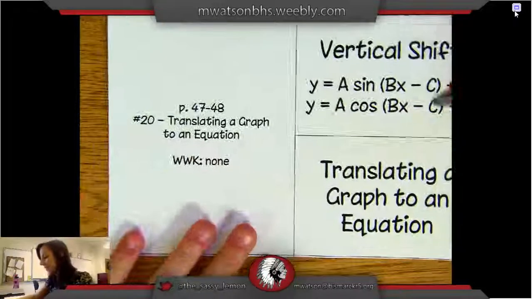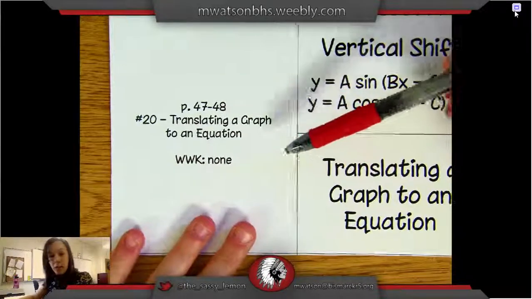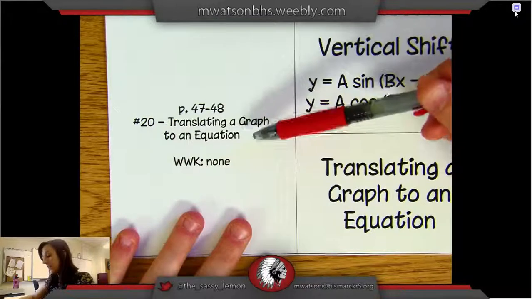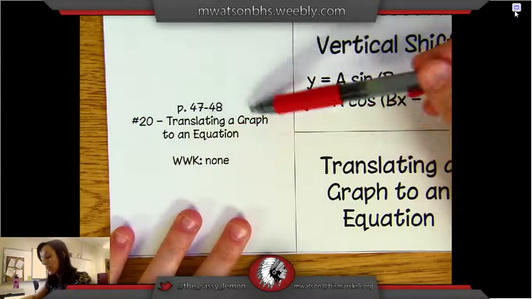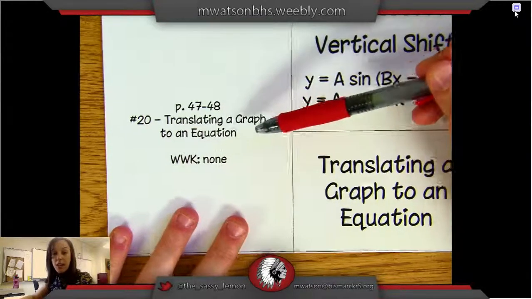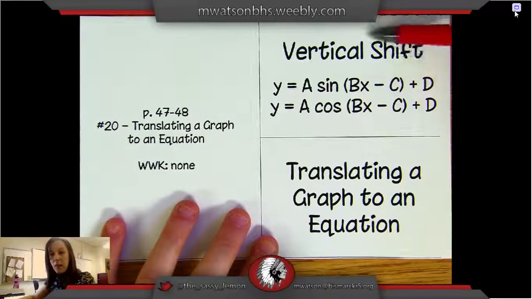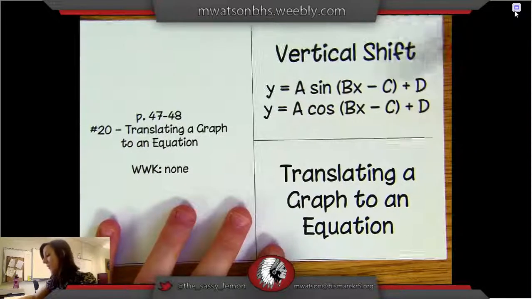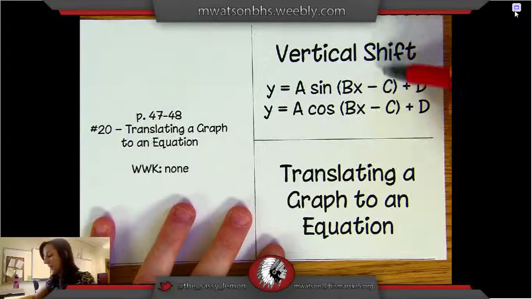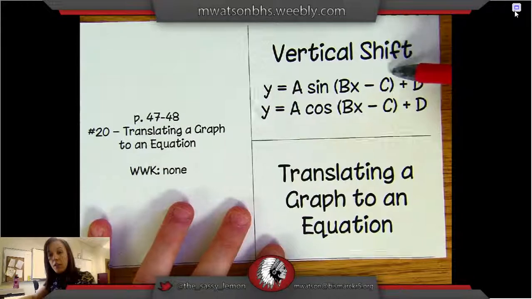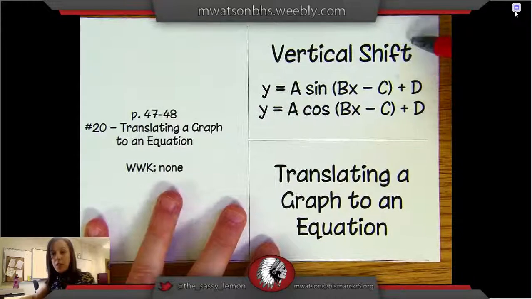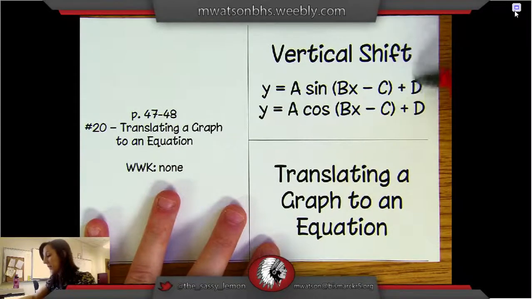Class, so today we're going to be working on our last lesson before the quarterfinal, and the title of this is Translating a Graph to an Equation. But that's actually the second tab here. The first tab is all about vertical shift. So we learned about horizontal shift, and that involves the C value here. But vertical shift just shifts your graph up or down by whatever value you have added on to the end